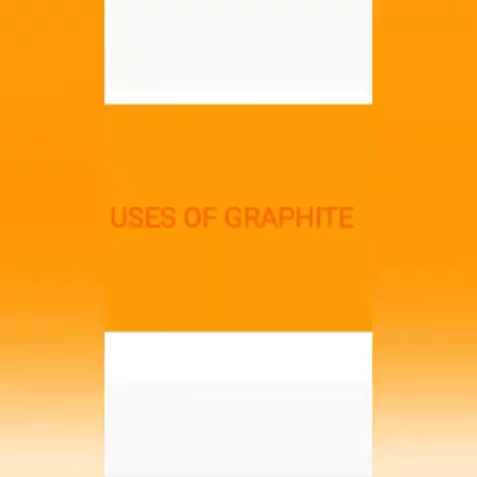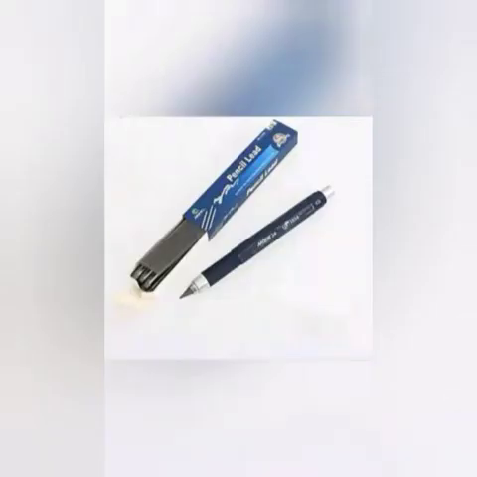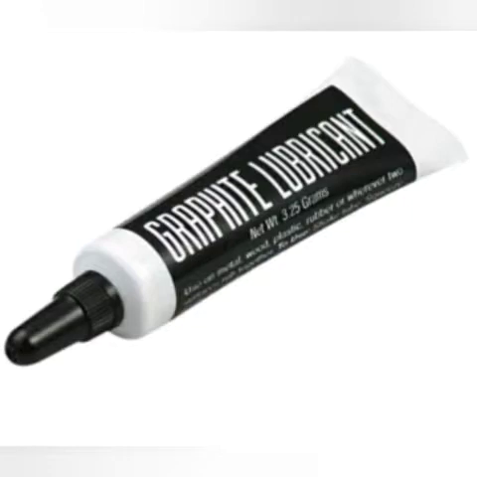Uses of graphite. It is used for making lead pencils, as it leaves a mark on paper. Why does it leave a mark on paper? Because graphite layers can slide over each other. Why can graphite layers slide over each other? Due to the weak van der Waals forces of attraction. And for this reason, it is used as a lubricant also.